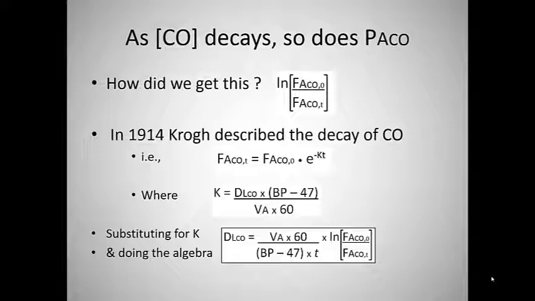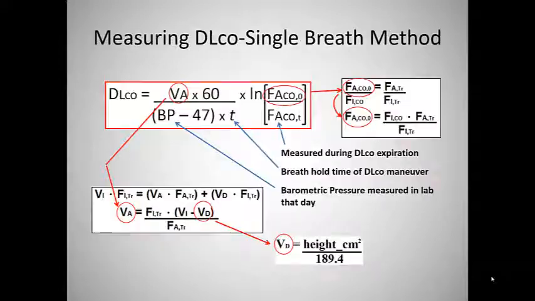VA. Notice those are kind of familiar. That's the same equation we started with two slides ago. Okay, that's where that K comes from. So things start to fall into place here. I don't want to spend a lot of time understanding this. I want you to understand where these numbers kind of come from, though. They explain it in pretty good detail in the guidelines themselves. Okay, so basically what we do is we just throw K back in the original equation we had before, and we come up with